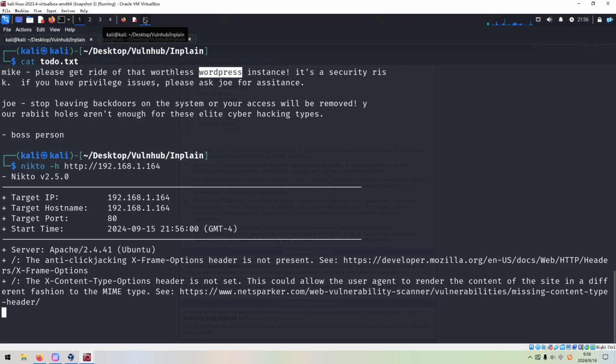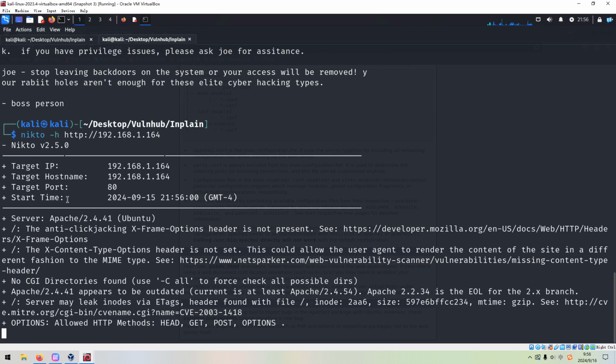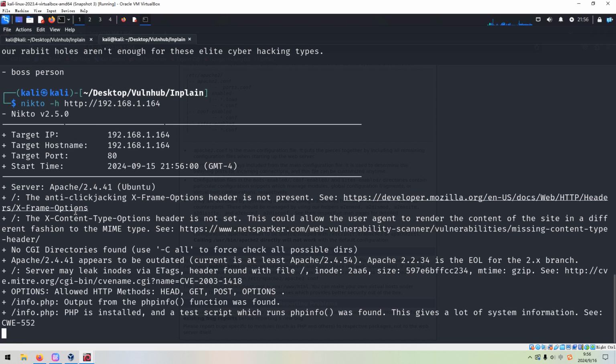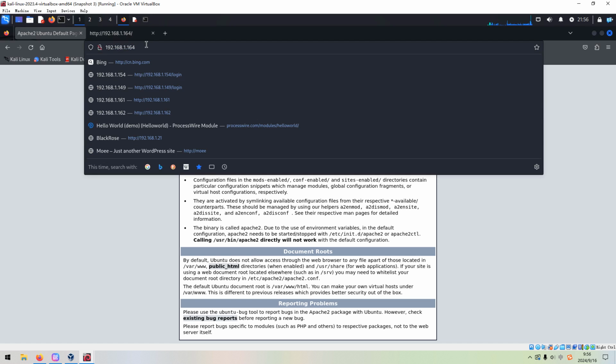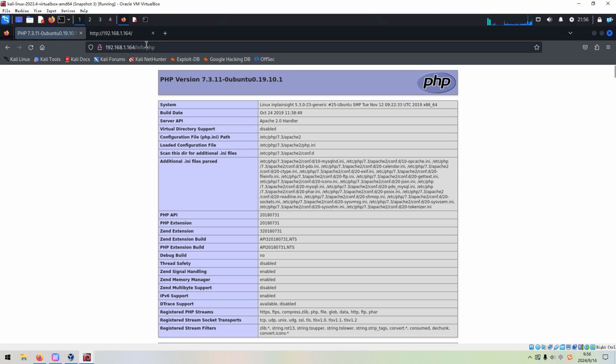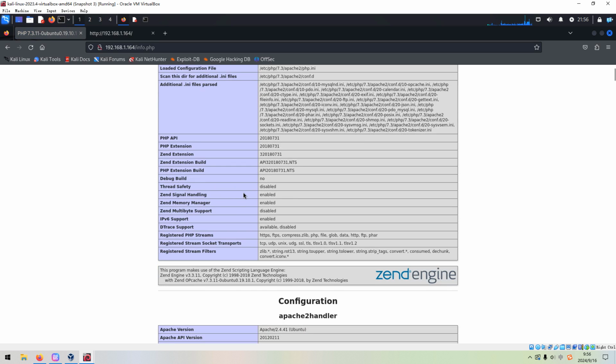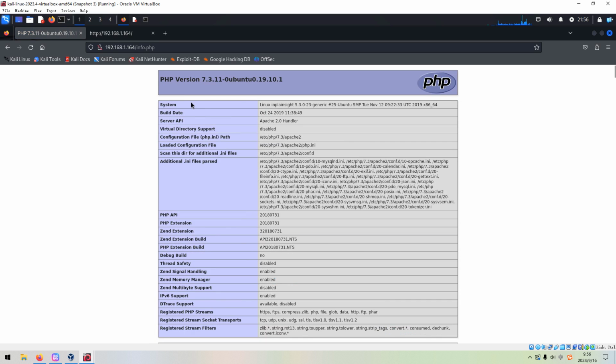Press enter. And Nikto, I always use Nikto to start off the enumeration, if the service is a web application. As you can see, the info.php, and we can take a look at this file, and some configurations of PHP, but I don't think we can find any vector for us to penetrate into